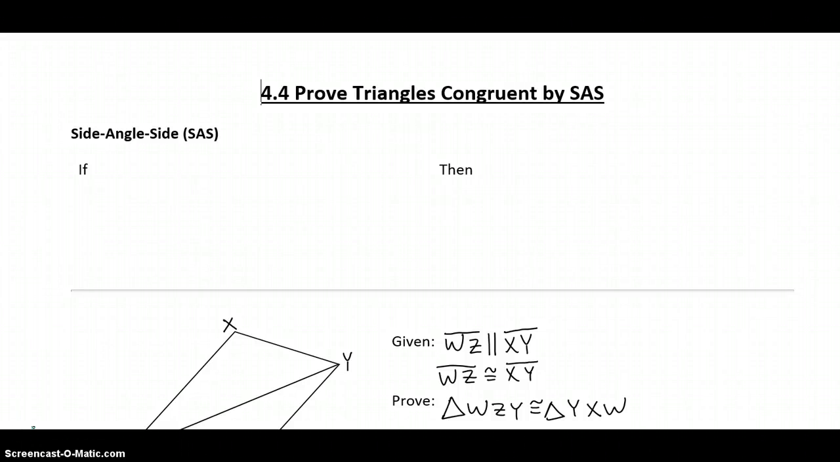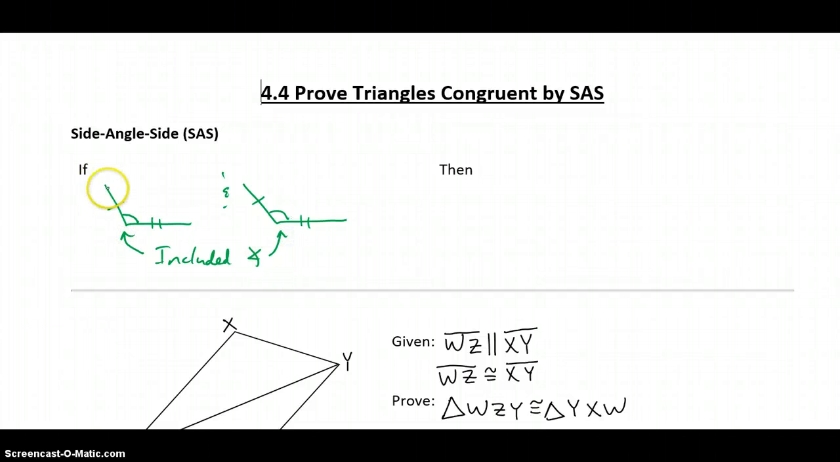The second way to prove triangles congruent is to use side, angle, side. Now what happens in side, angle, side is if we have two triangles, and between those two triangles we know we have a pair of congruent sides and another pair of congruent sides, and the included angle between those sides is congruent,